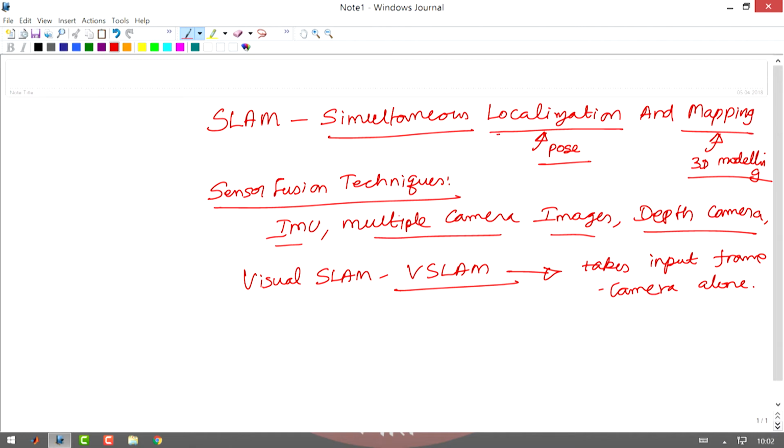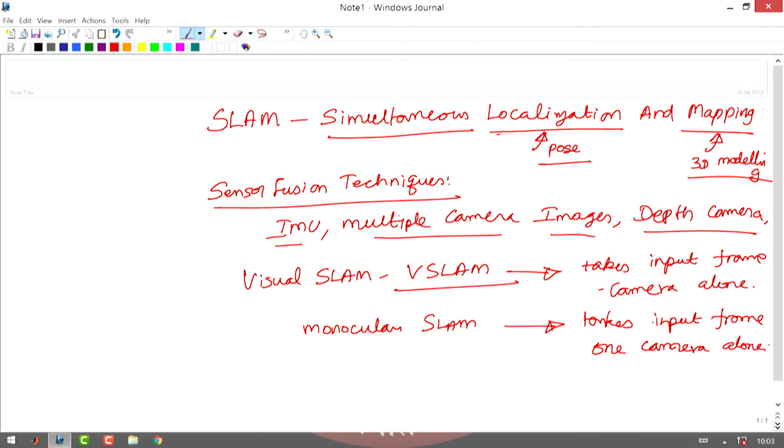There is even another class of VSLAM called monocular SLAM, which takes input from only one camera alone. So, this will be the very simple VSLAM technique which we will focus on here, and also the SLAM techniques which are discussed in many of the